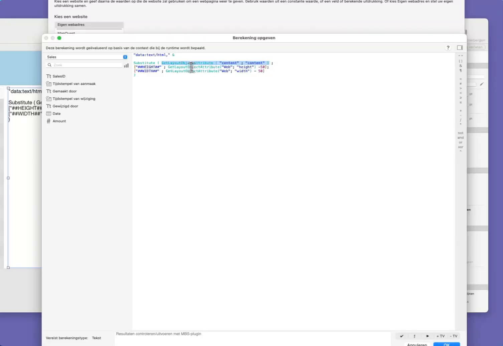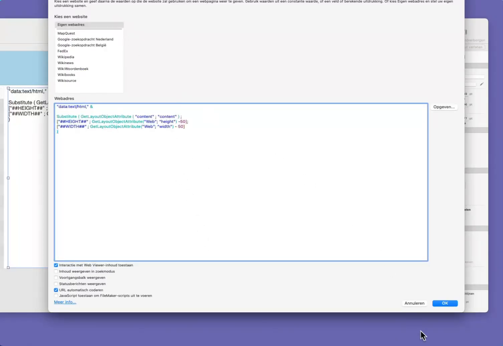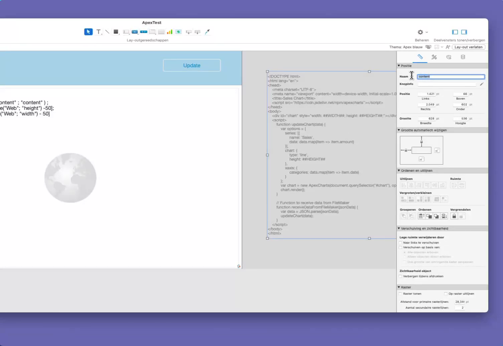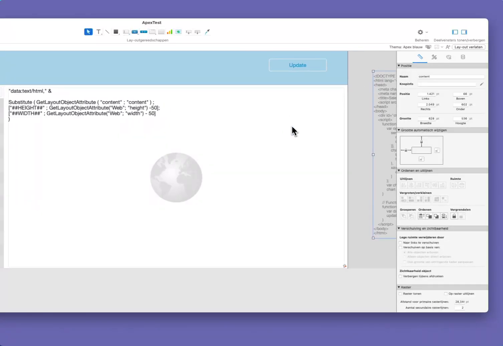So you can see get layout object attribute content, which could have been data of the type content. Right? So that's basically what we're doing right here. So this object is called content, right? And I want the content of this content. Does that make sense? So I'm actually in here grabbing get layout object content, this object, and get the content